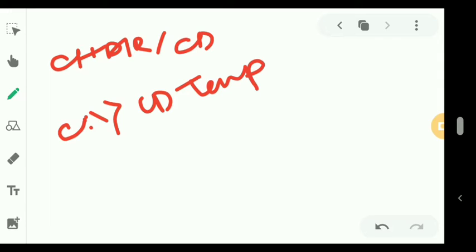Okay, now there is another command, that is the copy command. Okay, what is the function of the copy command? The copy command is used to copy a file from one location to a different one, or make a copy of a file with a different name at the same location. A different location is also possible, or with the same location another copy is also possible. So how to do that?